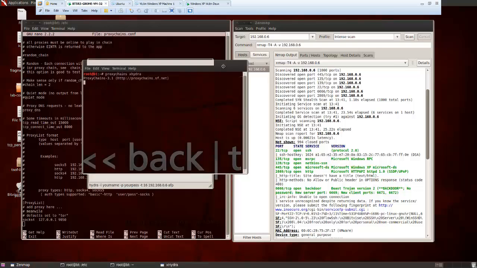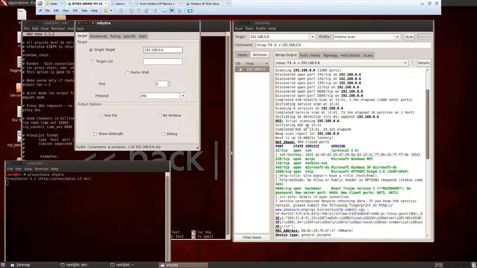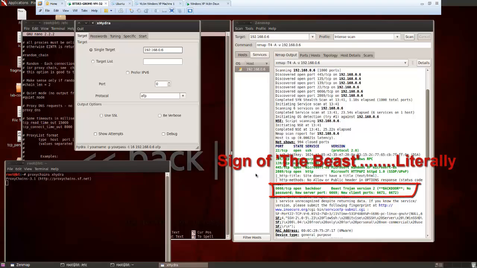And just for a moment, I'm going to take a look at an Nmap scan, which I ran on the virtual machine which we're going to be using as a target. As you can see, there's a lot of information that we found during the scan, and that is primarily because I used this same virtual machine for our prior exercise, which had remote access Trojans on it. More specifically, you can see at the bottom here, Beast Trojan shows up,